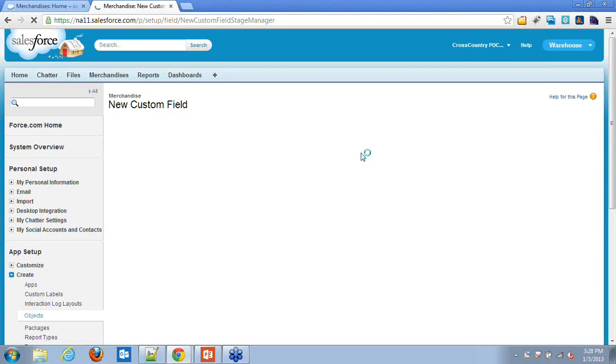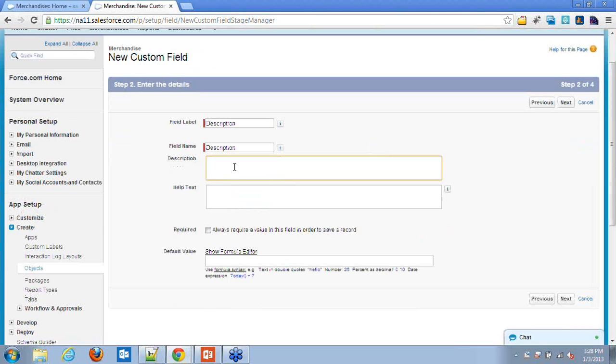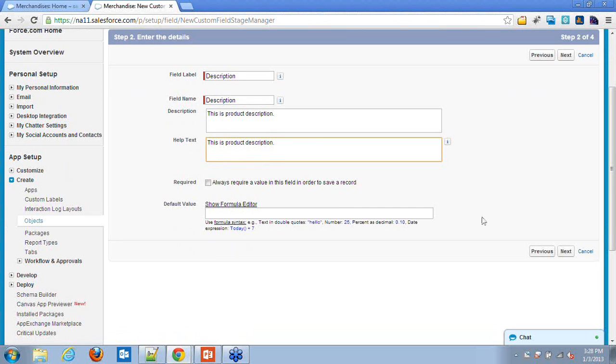So for the description, you can add description and help text, which will be shown on the user interface. You can mark it as required or not required.